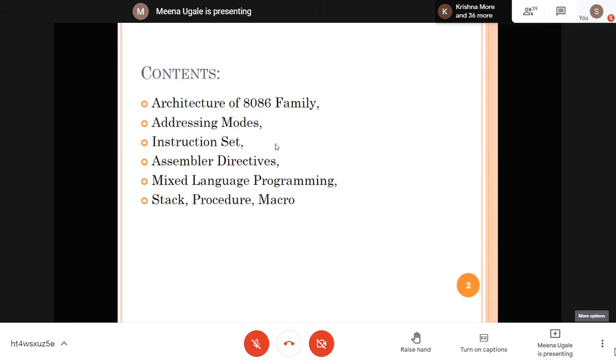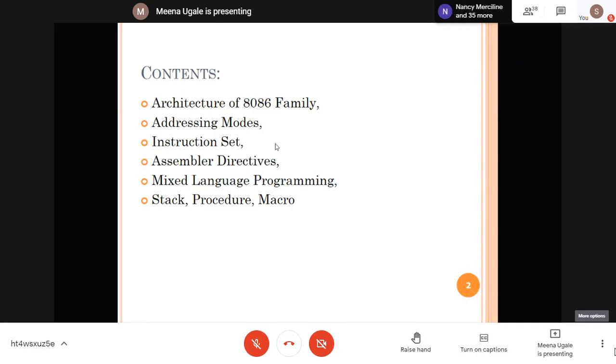From that, we are going to study the 8086 microprocessor. Next, we will study addressing modes, and how to write various instructions using addressing modes. Then we will study the standard instruction set provided for 8086 for writing your assembly language programs. Then there is one more concept known as assembler directives. We will study what it means and where to use it.